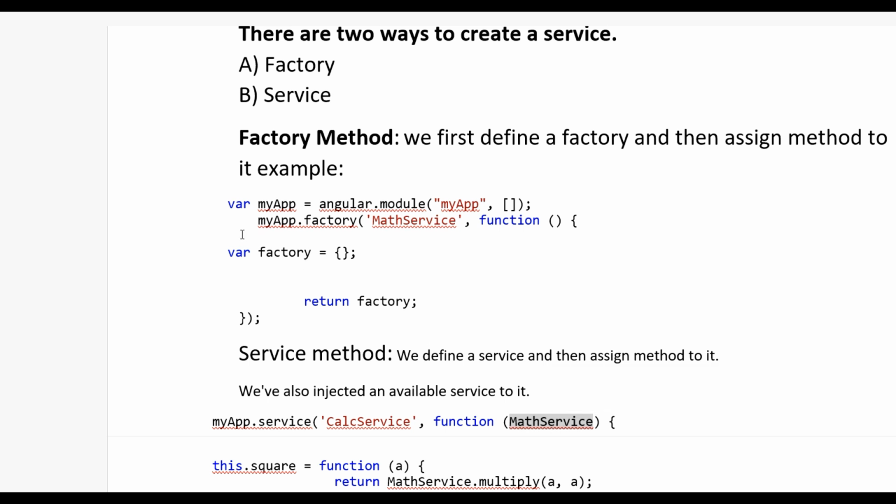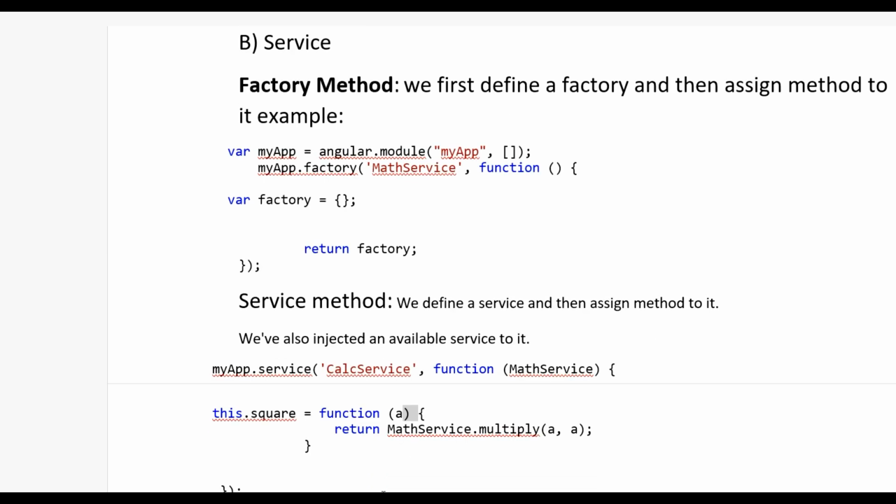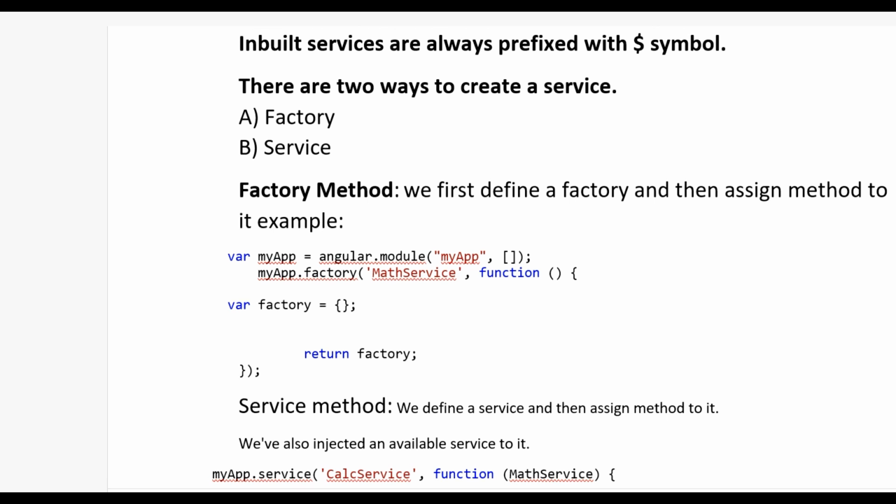Already we defined the factory method MathService here. In this service, we have injected the math service, meaning the factory math service, and use this method like this: square equal to function, passing the argument, and return math service